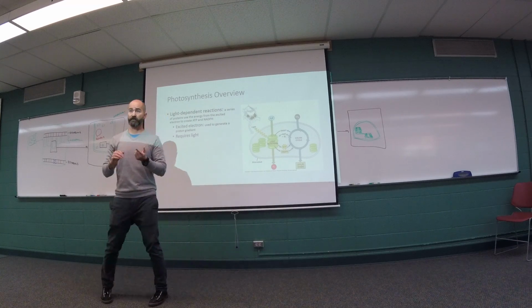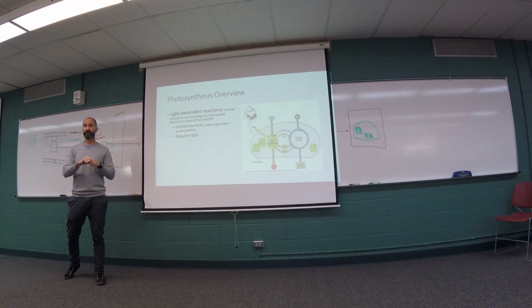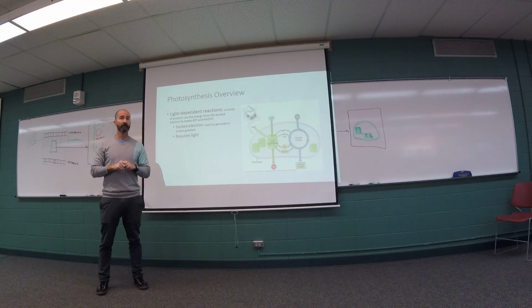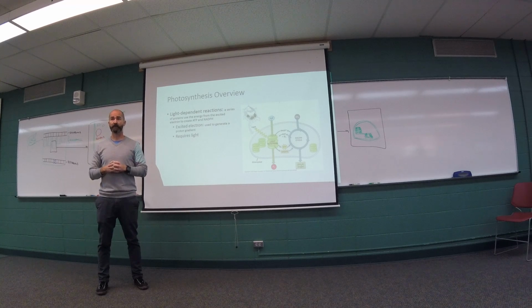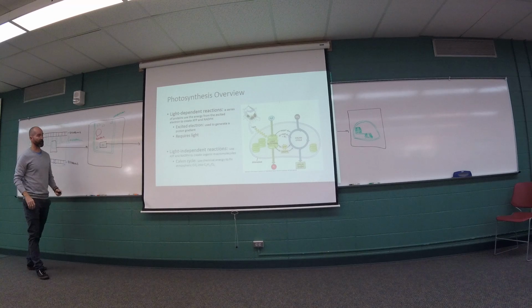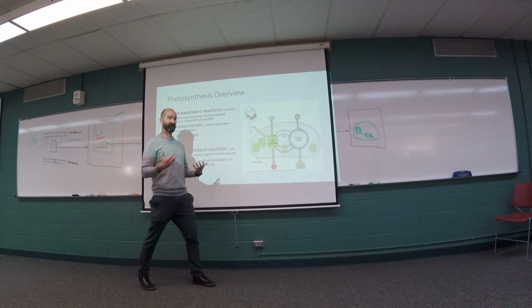That process of creating both ATP and NADPH is called the light reactions, or the light-dependent reactions. And that's the first phase of photosynthesis. We want to create the stuff that plants are going to make sugar from. The second are called the light-independent, or the dark reactions. In the dark reactions, we're going to take that stuff, the ATP, and